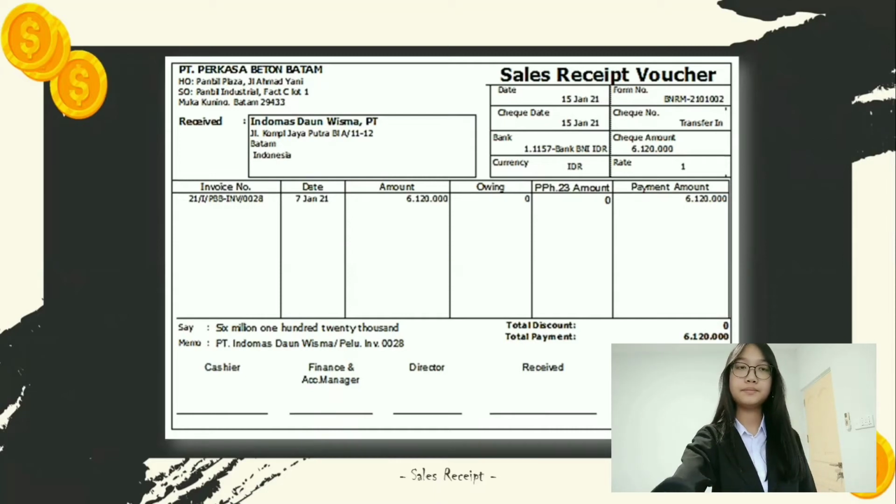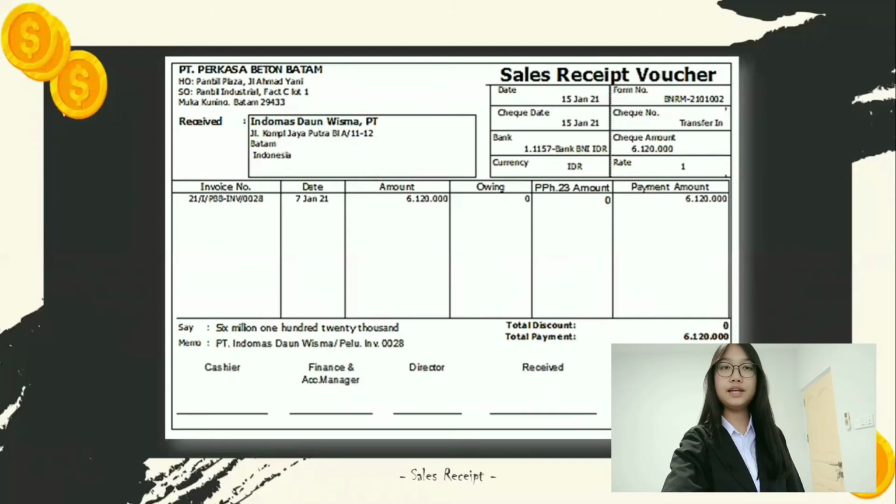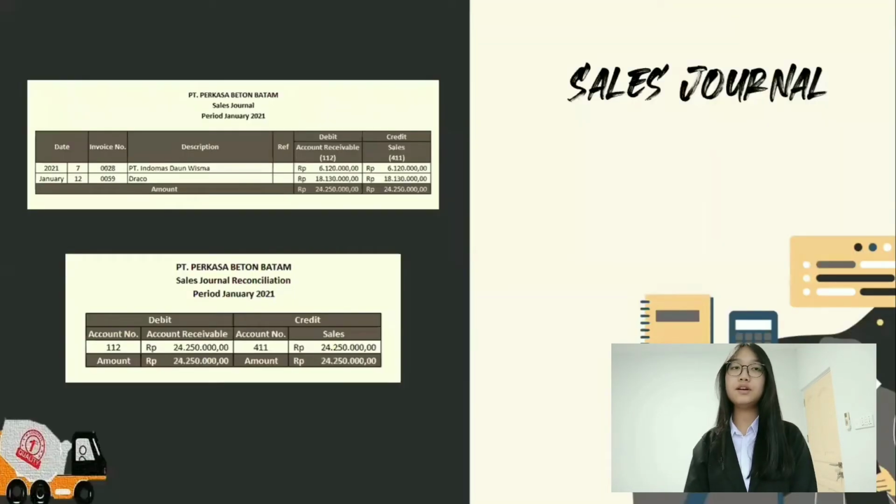6,120,000. From all of the pictures of account receivable transactions, we can make a journal. So first, to record a sales invoice, we can make a sales journal for the period January 2021. The record is on January 7th, Indomas Wisma increased account receivable on debit and increased sales on credit amounting to